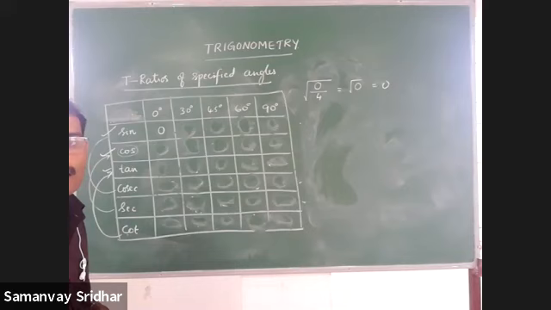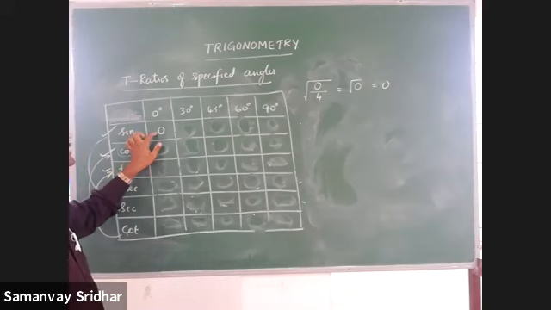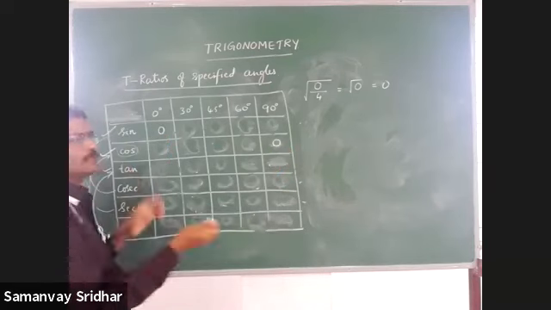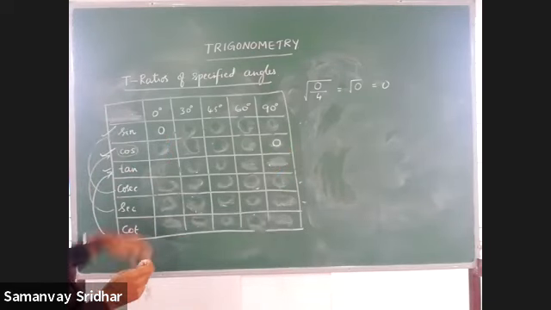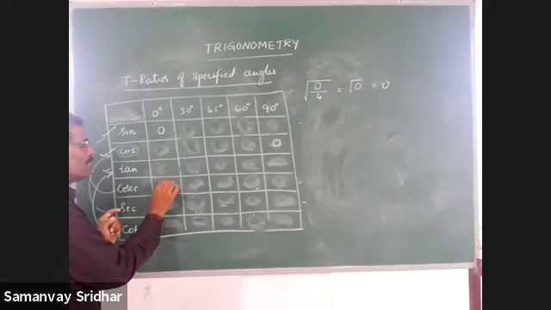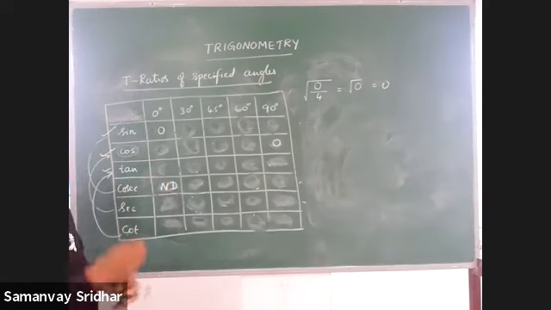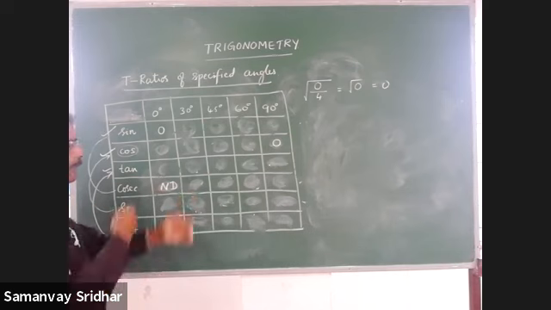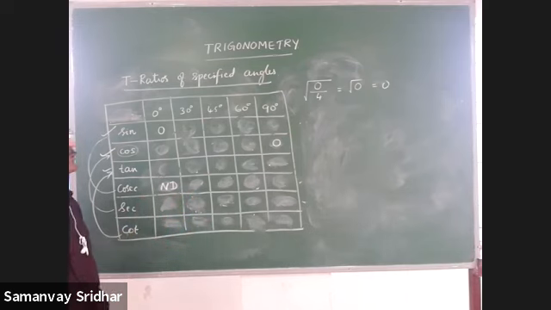Okay. When sine 0 degree is 0, cos 90 is what? 0. Finish. When sine 0 degree is 0, then cosec is the reciprocal of that. It is what? Not defined. It's the way of learning. So while filling, you should not go in one way always. You have to try in different ways, like this.